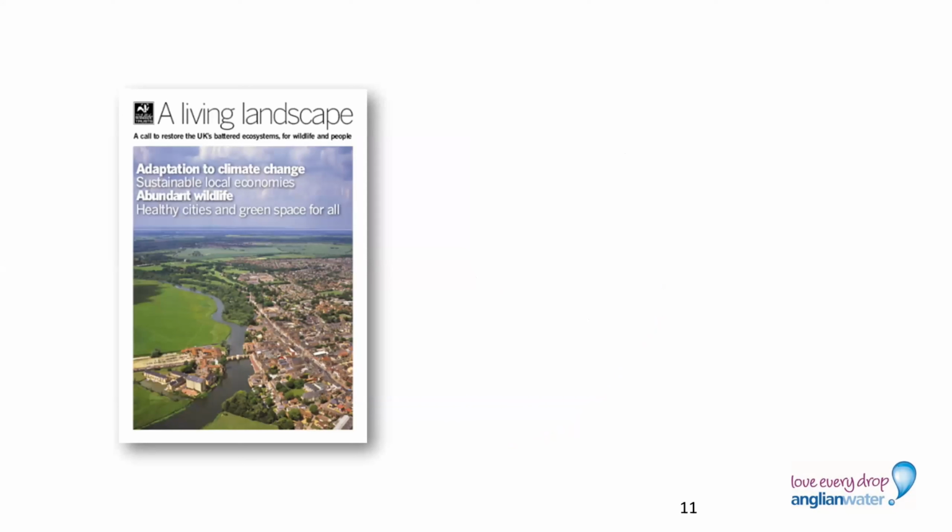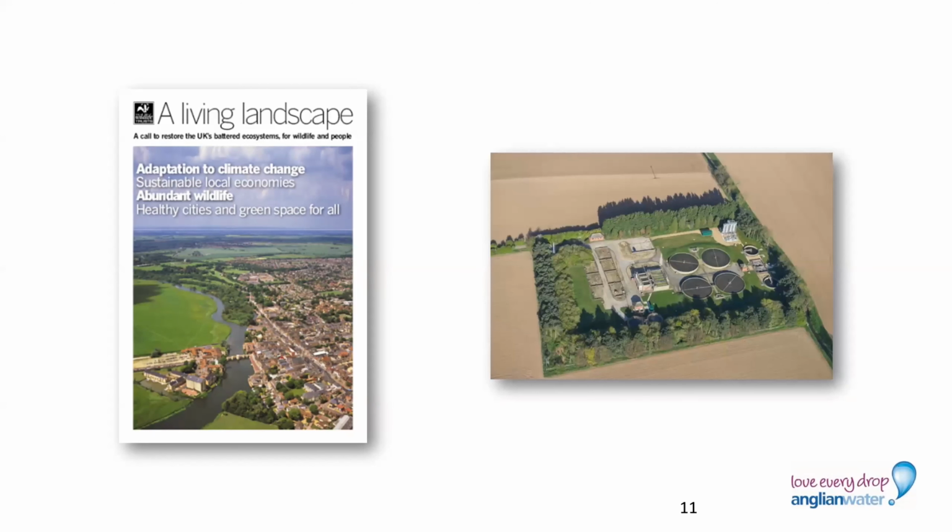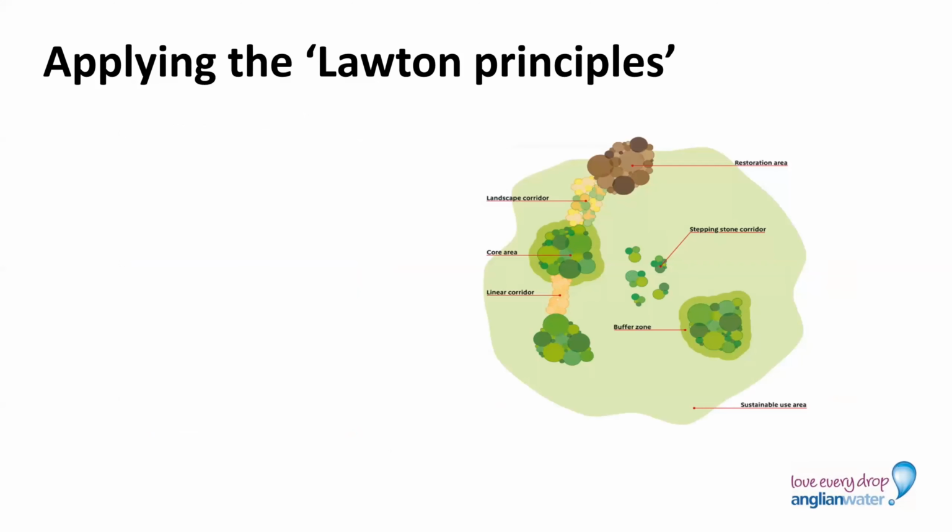So we know that a lot of focus on ecology now is about restoring ecological networks at a landscape scale, and no longer just managing small areas of existing biodiversity value. So Wildlife Trusts have a Living Landscapes initiative, and RSPB their Futurescapes initiative, and so on. And we know that some of our sites can be a little bit of an oasis in a landscape which is otherwise fairly inhospitable. So what we have done is to analyse our sites according to 3 of the 4